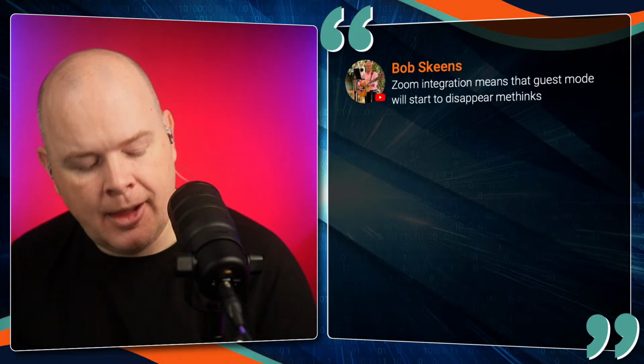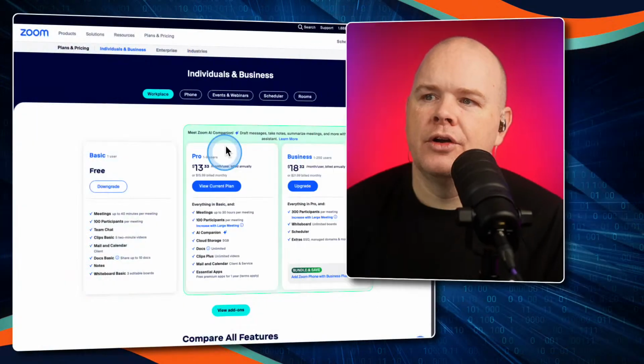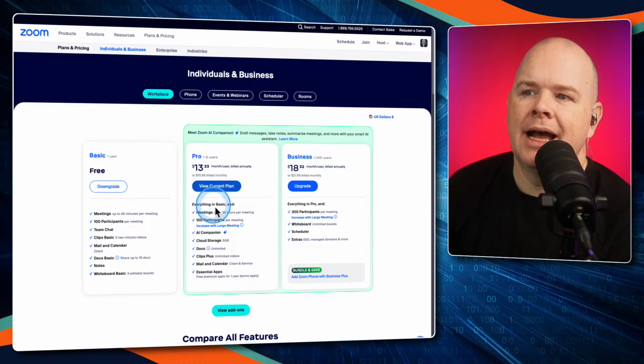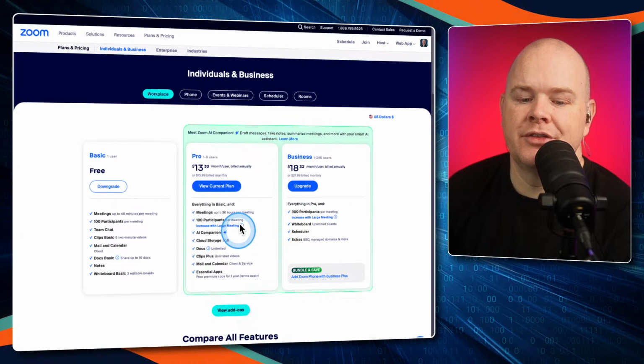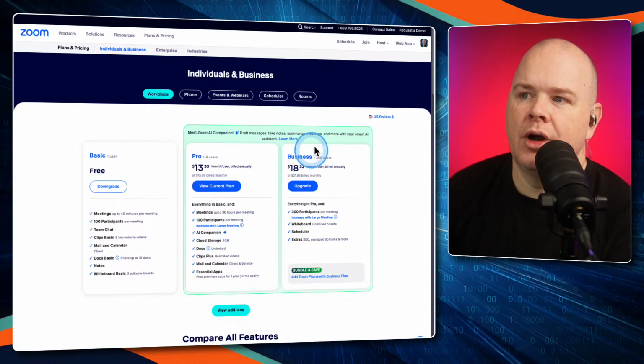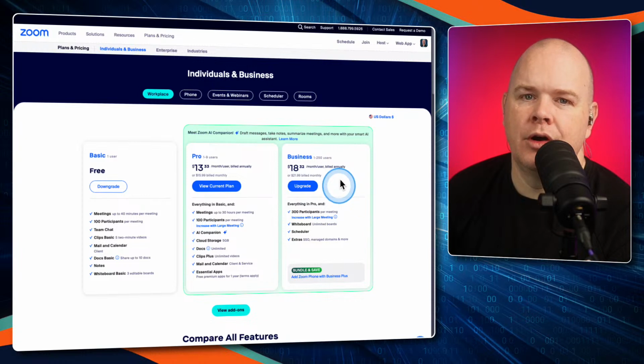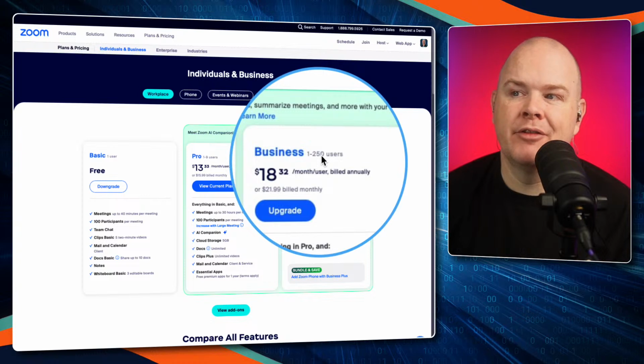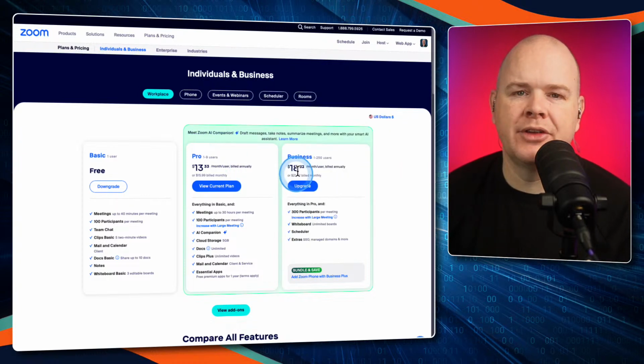but why the interview mode is not going anywhere. By the way, for those using Zoom, they did sort of quietly roll out this change in the Zoom pricing plans, whereby, if I just go and grab them up here, it used to be that it was a pro plan here, $13 a month billed annually, and this one had a maximum resolution of 720, whereas if you are on a business plan, then it was 1080. The problem was that the business plan always used to be a minimum of 10 users. So although it is $18 a month,